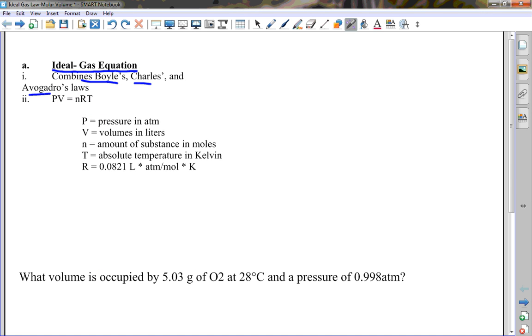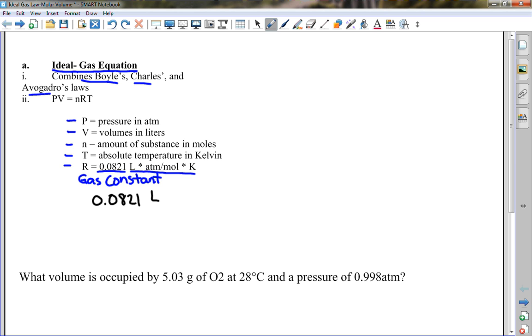That means you have a pressure times a volume of a gas would equal the number of moles of that gas times the temperature of that gas times this value R, which is what's called a gas constant. It's just a constant number that stays the same number, 0.0821. This is important because it has these very specific units attached to it. Some people write it like this,